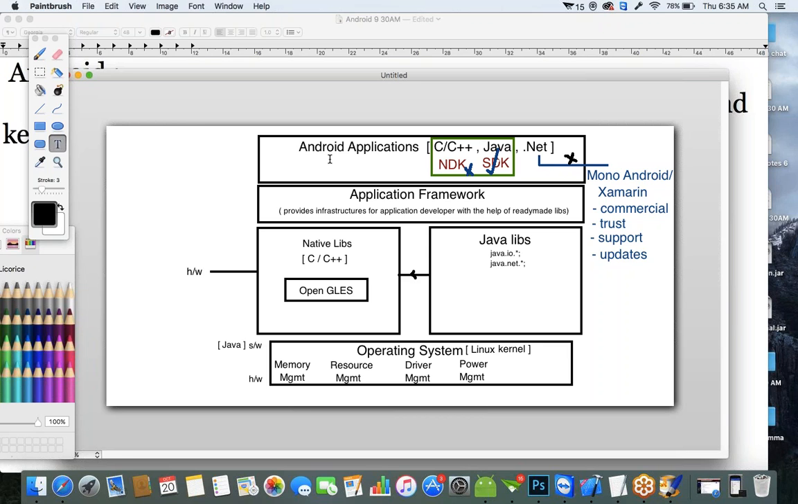As a developer, you have to know how to use that ready-made library in your application. That is your responsibility. I'll repeat once again. Everything is a ready-made library. As a developer, you have to know how to use that ready-made library in your application. Okay, that is your responsibility. Okay, because of this application framework,